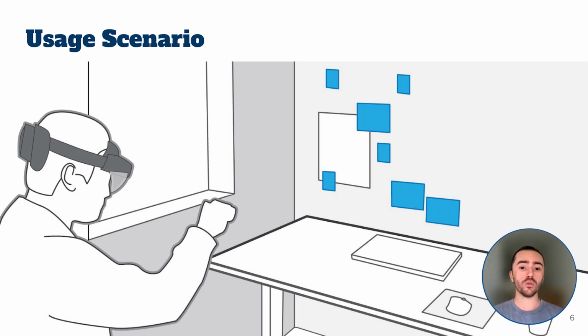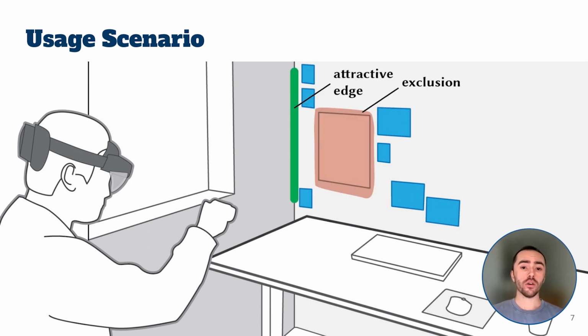First, he wants the nodes scattered on the wall to be aligned near the corner. However, he doesn't want these nodes to cover his Best Paper Award certificate. To achieve this layout, he first created an exclusion surface covering the certificate, followed by an attractive edge along the corner of the wall. The edge causes the nodes to move towards the corner, while the exclusion surface prevents nodes